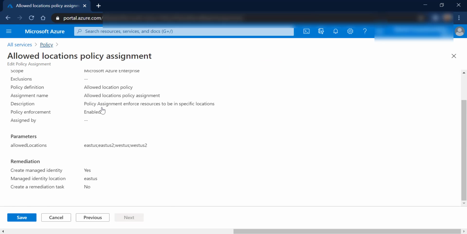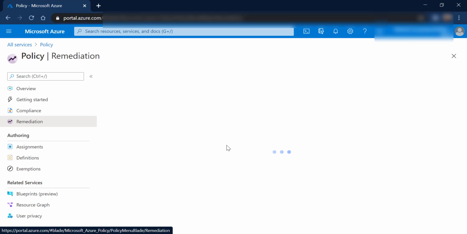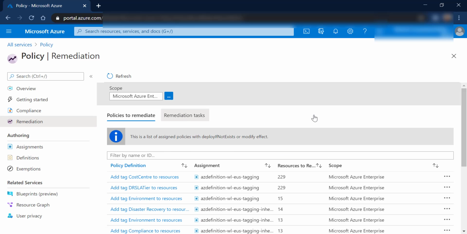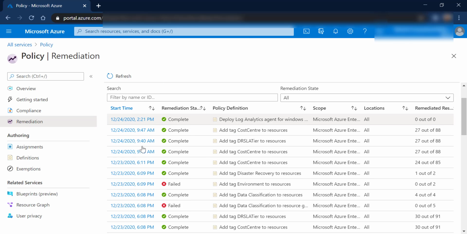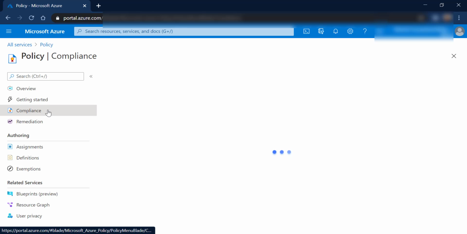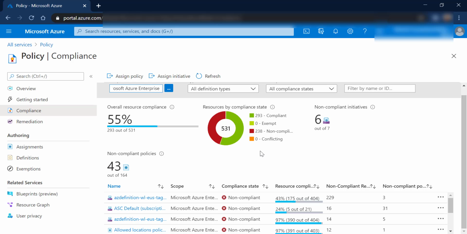So basically it will run the remediation policy task, and it will give me the dashboard representation of what tasks it has performed. For example, these are the remediation tasks which I performed last time, and you can go to the details of the hyperlinked task, what it has run, and then the compliance detail or the overall dashboard compliance detail.